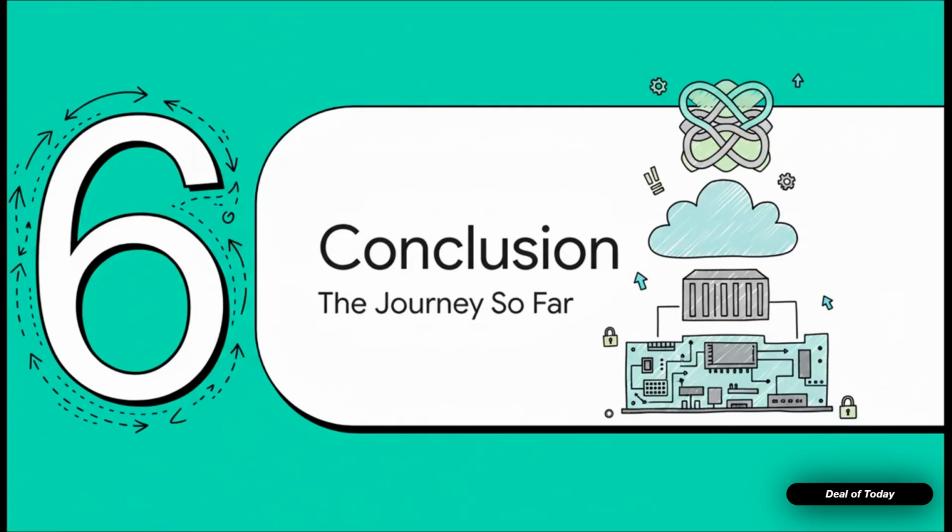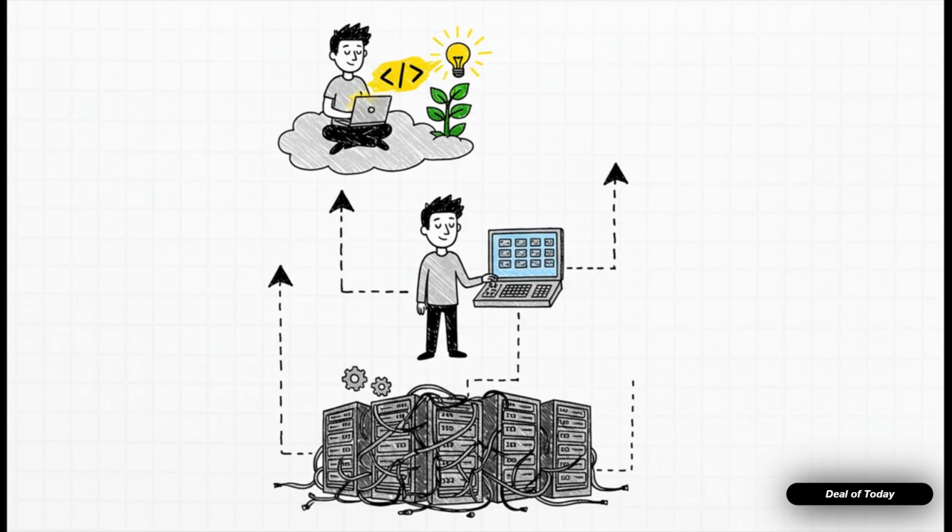So, let's just take a quick breath and look back at this incredible journey of abstraction. We've gone all the way from the physical machine up to abstracting the very risk that's baked into our software. And really, this is what it all boils down to. Each and every step has been about peeling away a layer of complexity. It's allowed developers to go from managing individual machines to managing giant clusters of machines to now, finally, just focusing on the code and the business logic that actually creates value.